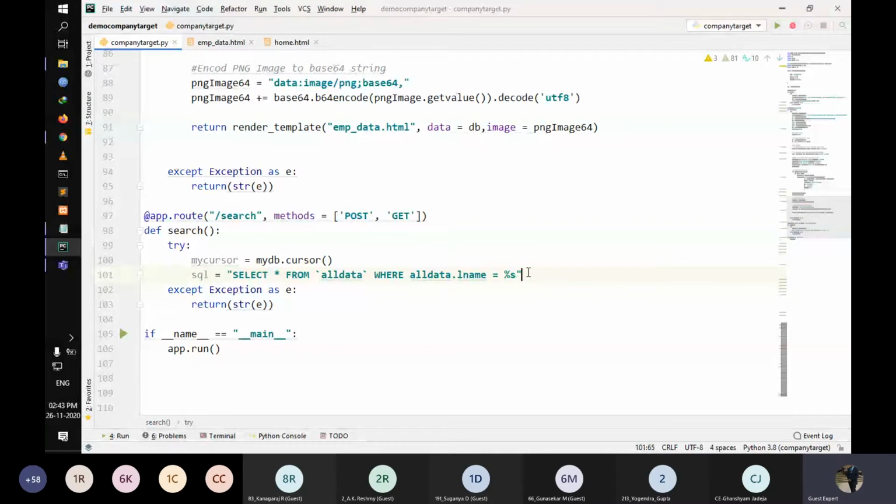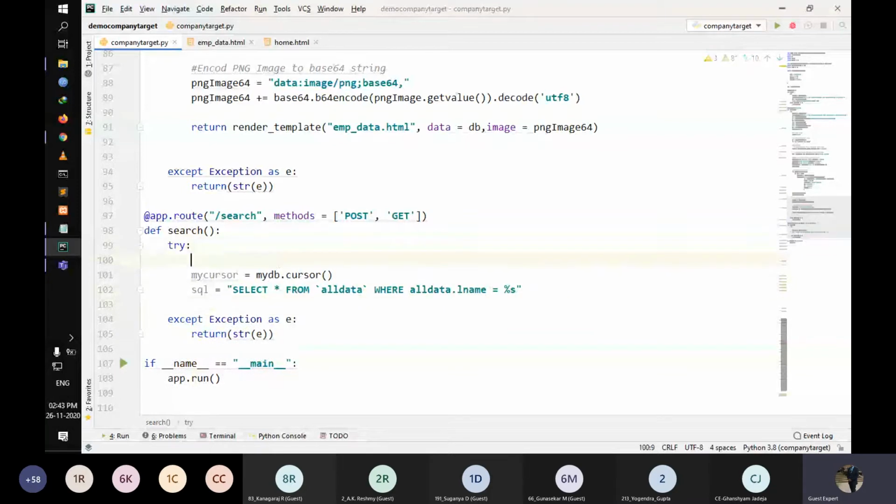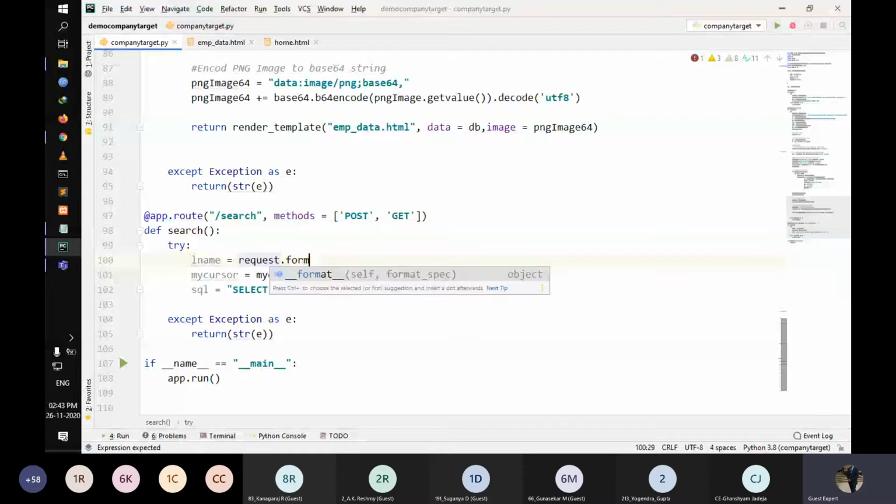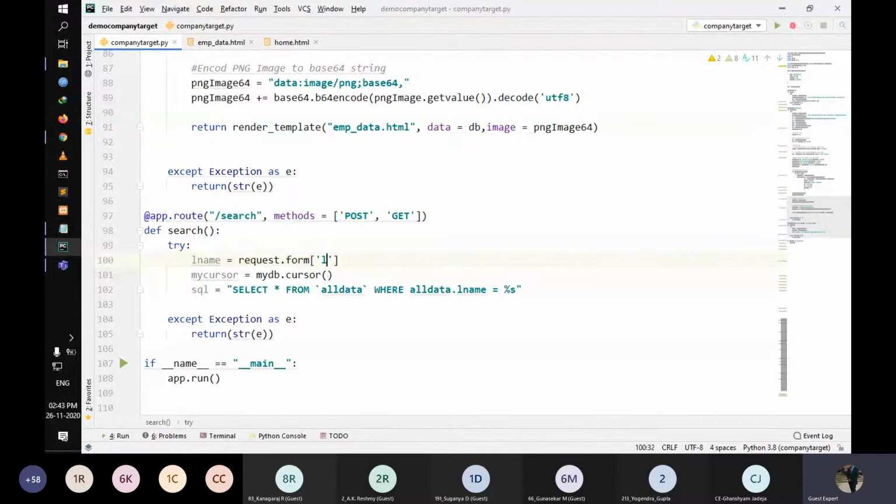So I will write another line of code above, which will be lname is equal to request.form, square brackets and quotes, lname.